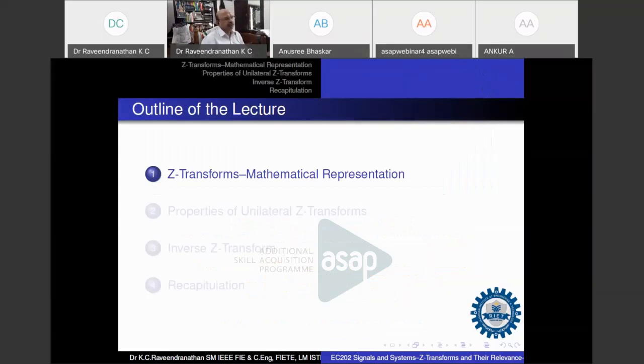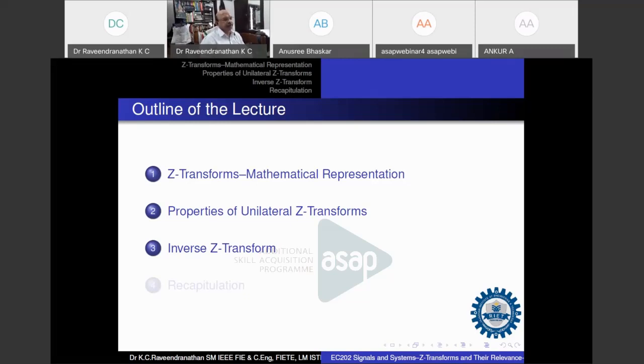We start with the mathematical representation and definition of Z transform, and their properties. Then we will consider the unilateral Z transforms. There are two kinds of Z transforms. One is the unilateral, one-sided Z transform, where the value of the independent variable n varies from 0 to infinity. So it is a right-sided sequence. For that we use the unilateral Z transform, and we can also think of the mathematical formulation for